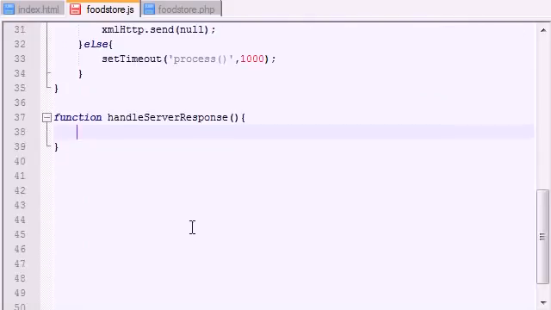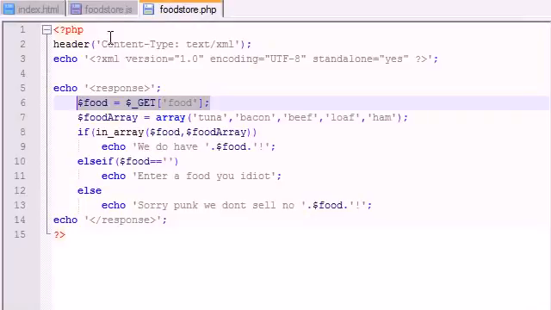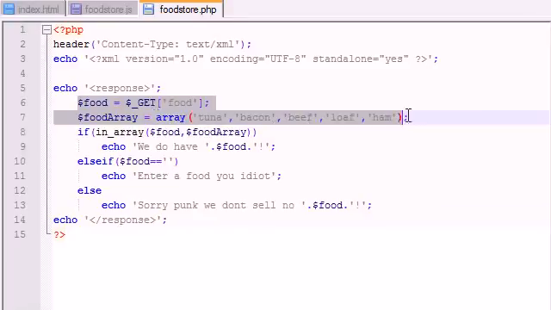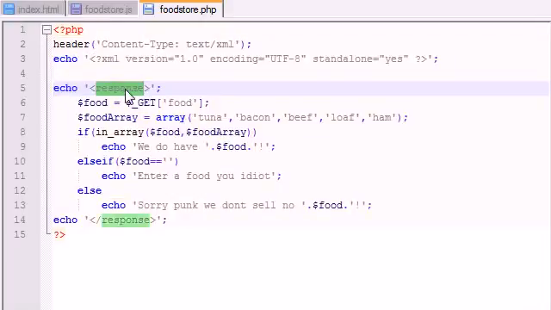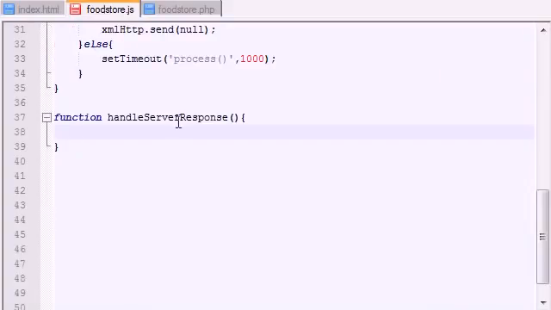Now, to handle a server response, the server is going to be sending us an XML file, as we see right here. Whenever we get this request, it's going to check if your food is in your list or in your store, and it's going to send you back an XML file in between response tags. So it sends back an XML file, but before we get to dicing up the XML file, we want to check our object for errors and see what state it's in. So the first thing we want to do is